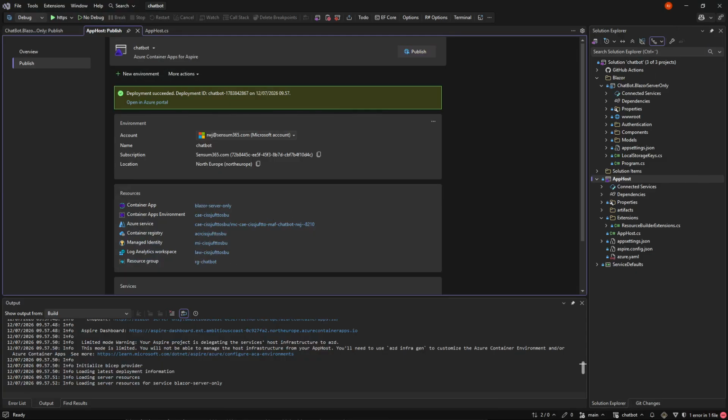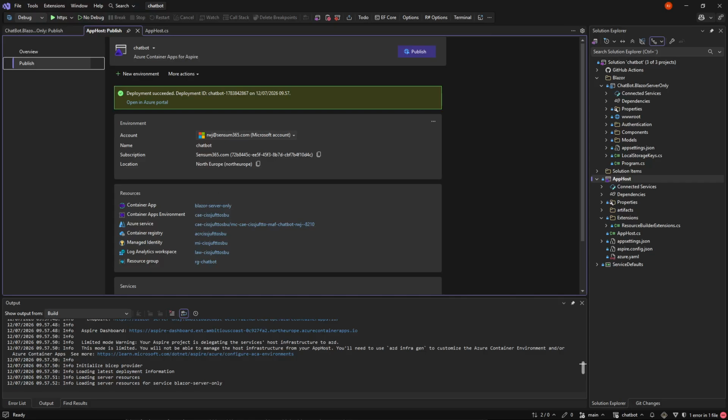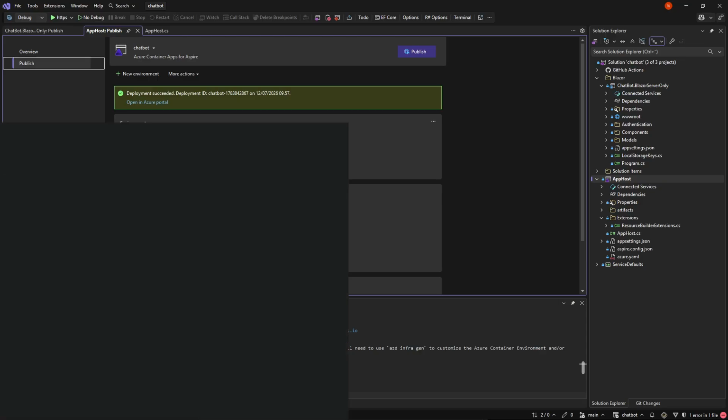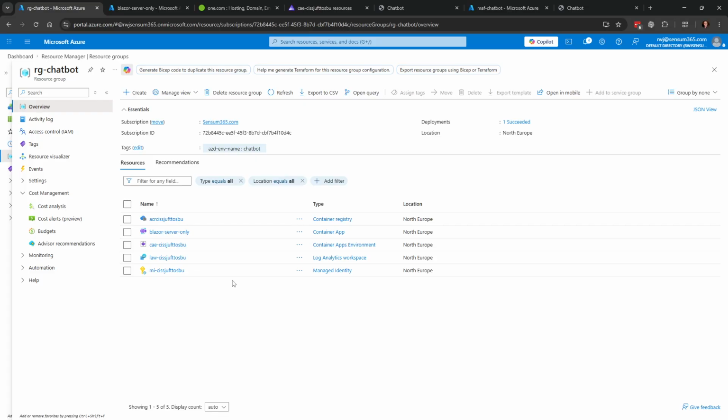If we want to use a custom domain, we want to use the container apps, which roughly cost $5 a month to run, while the other one is free. So I might take it down at some point after you have tried it out. But what we get from the container app deployment is these various resources for registry, managed identity, log analytics, and so on.